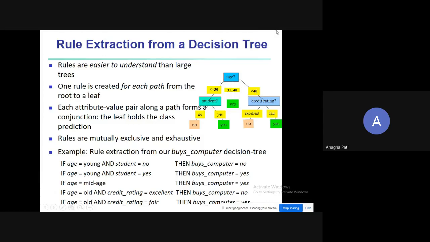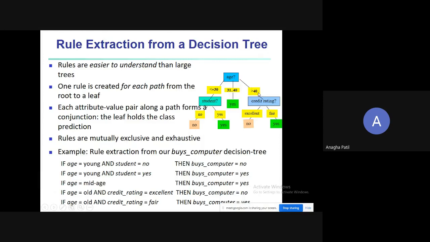So the second rule which we can form is, if age is less than or equal to 30 and student is yes, then buys computer is equal to yes. For every branch of the tree, you are going to make a rule. As you can see, there are 5 branches, so there would be 5 rules. The third rule: if age is 31 to 40, that is middle-aged, buys computer would be yes.